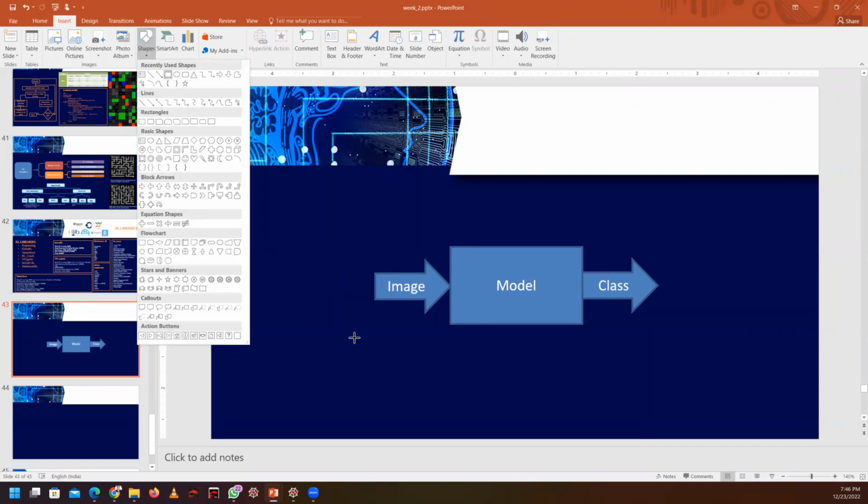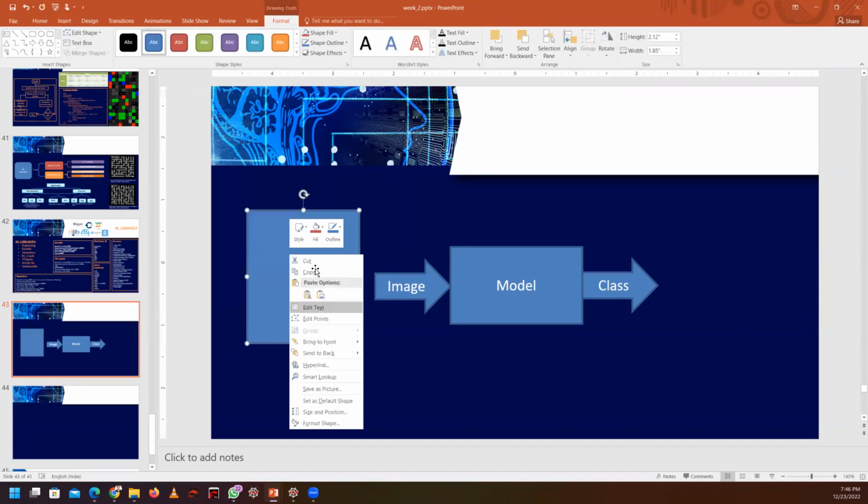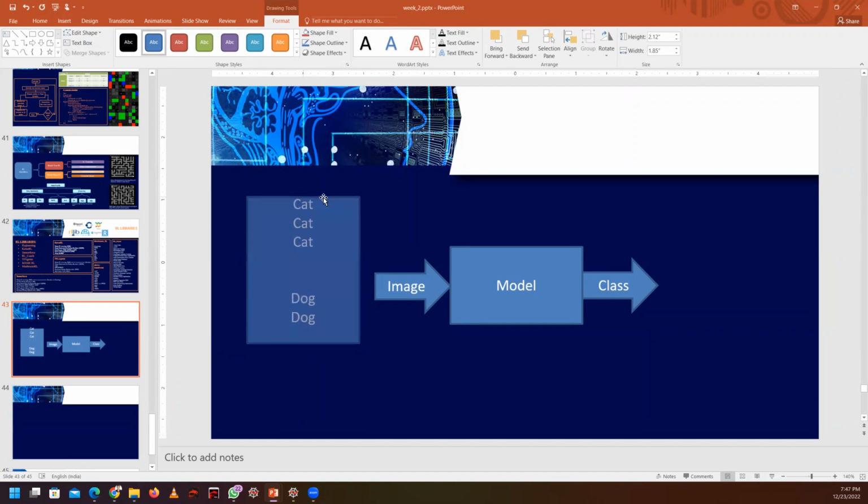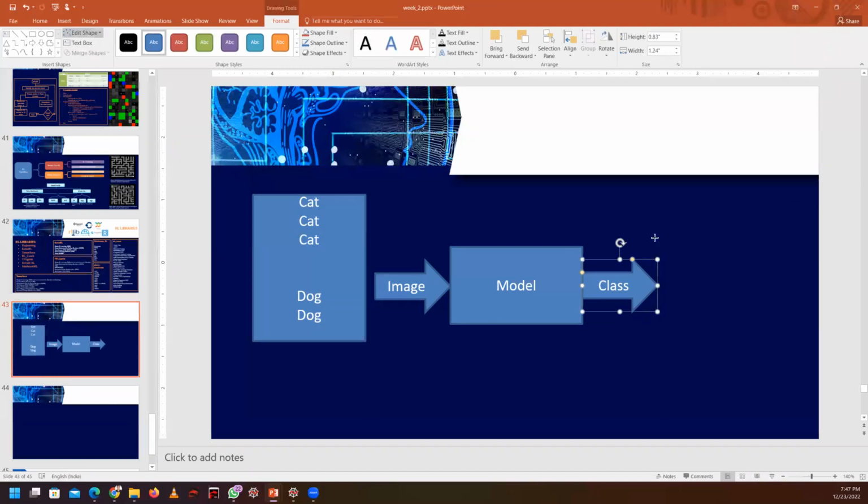So here I have my data set. This is the training phase. Inside my data set, I have a cat image, and a cat image, and a cat image like this, so many images, and a dog image, and a dog image like this. This is my data. Now I am training this data, and here I have to set a few things. Here I have two classes, right? In that case, my output will have two classes like this. This is one class and this is the other class.